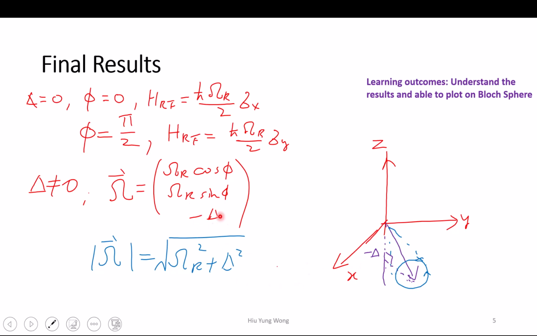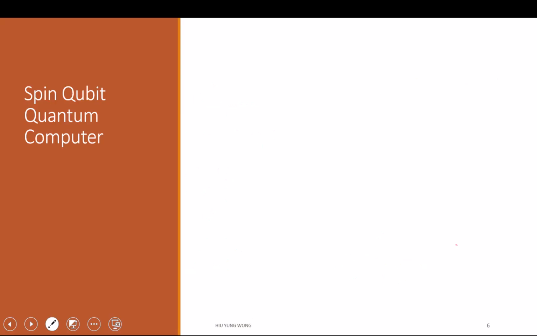Now he's asking, are we missing any terms? So how can we get to vertical? In this case, no, we are not missing. It's just that you need to make delta much larger than omega R. But what is omega R? Omega R is B perpendicular times the gyromagnetic ratio, right? So you can make that term very small, and then just have enough detuning, then you can go to that one, yeah. But that is the limitation of this one. Okay, so let's